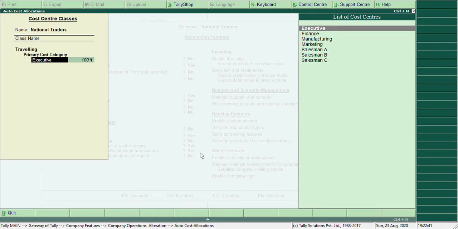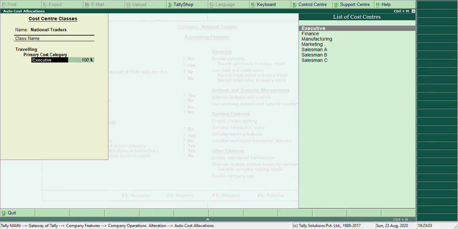I will allocate it previously, so that in entry mode I need not calculate it, and straight away I get the report. So I will give a percentage, or I will give predefined parameters for that.